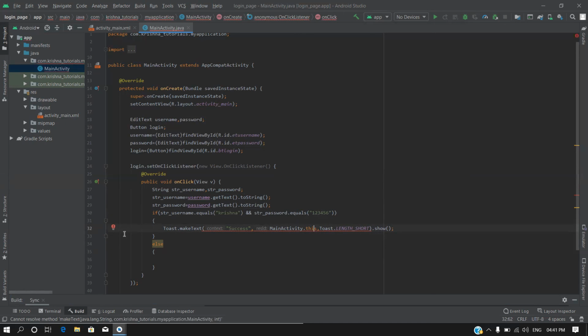There is some problem here. I need to check what is this pre-match argument. Okay. Yes. This is the syntax for toast.